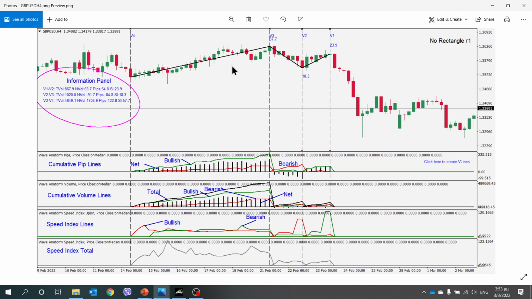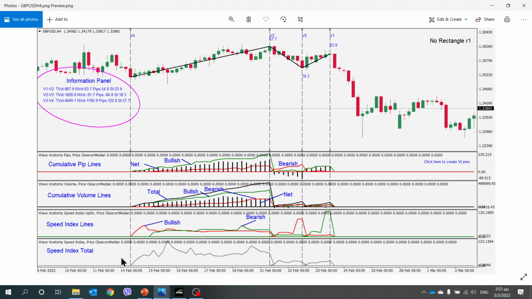The reason is, if you remember from the speed index theory, when the price has a hard time to move down, which are the down moves, then the speed index is getting high. So this is the reason these are opposite to each other, so it's visible to your eye where to trade. Trade on green or trade on red.